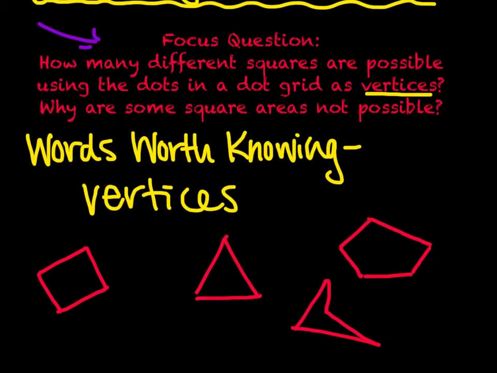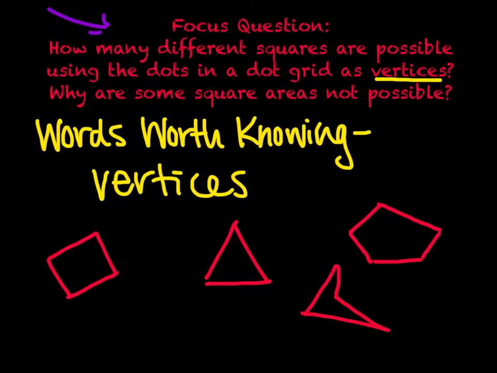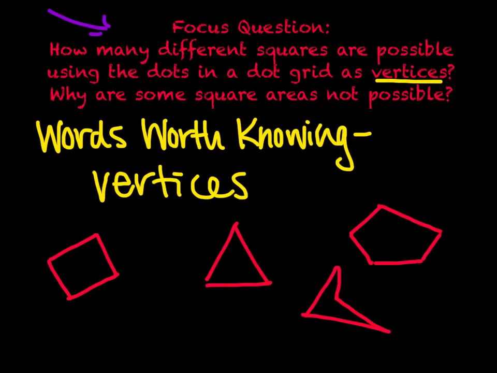Now on to this. We have our focus question: how many different squares are possible using the dots in a dot grid as vertices? Why are some square areas not possible? Now I would like you to flip to your Words Worth Knowing and add the word vertices. Vertices is a concept we need to understand, so I'm going to identify vertices on various shapes, and hopefully a little light bulb is struck